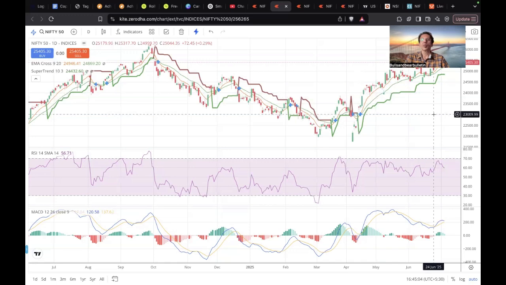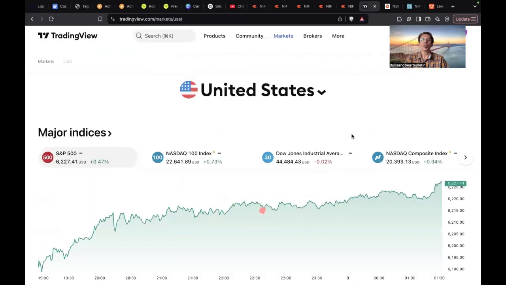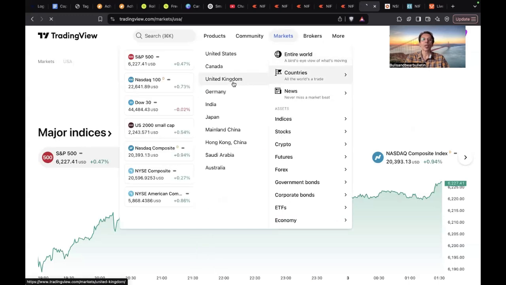Well, friends, let's move to the next topic, which is the global market scenario, where we look at a couple of different countries. The US is a must because it has a very big influence on the global as well as the Indian market. So if you see here, the S&P 500 is 0.5% up, and the Nasdaq Tech Index is up by 0.7%. And if you go to the UK market,